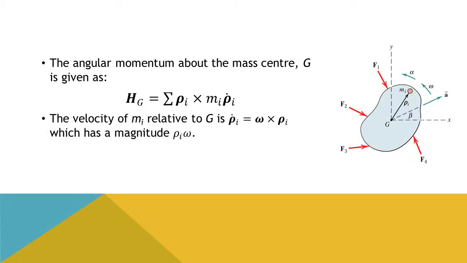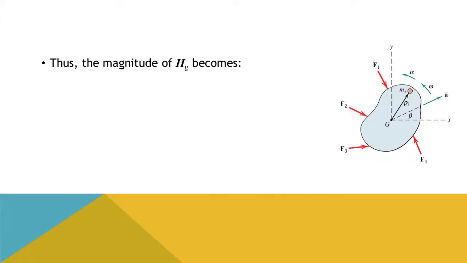For our rigid body, the velocity of mi relative to G is ρi dot equals omega times ρi, which has a magnitude ri omega and lies in the plane of motion normal to ρi. Thus, the magnitude of HG becomes